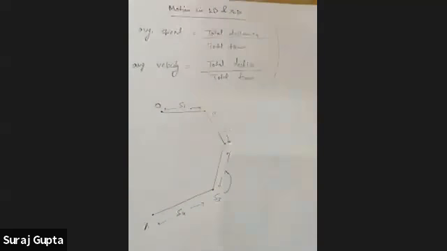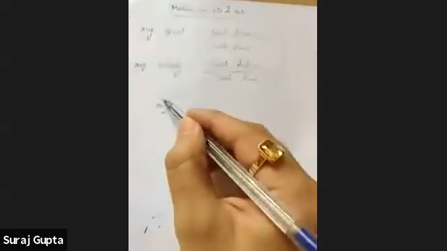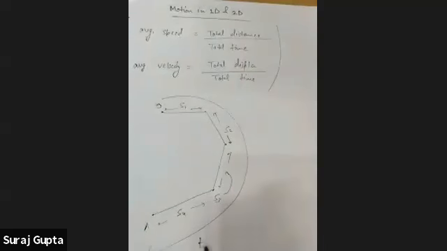If the particle takes total time t, we are doing revision of motion in one dimension. After that, we will start with motion in two dimensions. As you have a screening test tomorrow, we will solve a few questions based on 1D that will help you in tomorrow's test. Okay, so you all must be aware of average speed and average velocity.